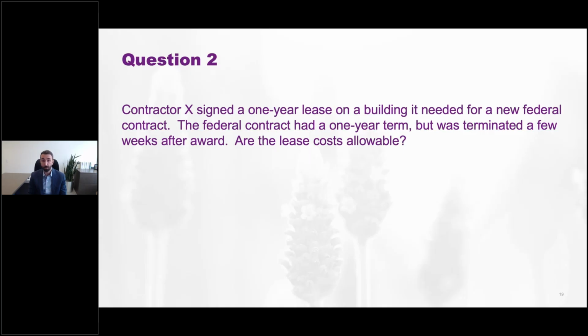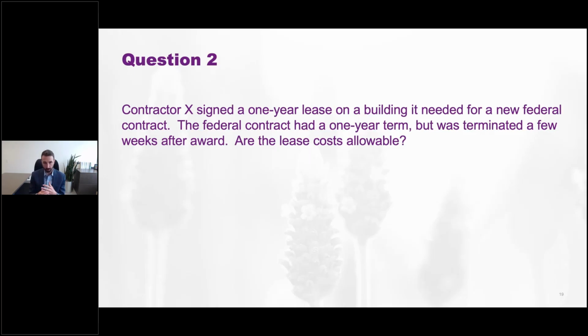To show you how facts-and-circumstances driven this can be, imagine for a moment that the contractor's answer is, I needed the warehouse for contract performance, and there was no other warehouse. This is the only one I could find, and the landlord was only willing to lease it to me on a 2-year term. I had no choice. But government, if the whole contract had been performed, my lease costs would have been more than covered by the price. That starts to articulate a position of, hey, even if the term was longer, maybe it's reasonable. Okay? I'm just showing you the nuance in that.